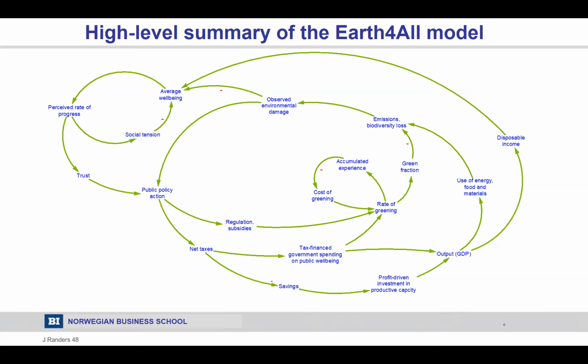And if you look at the whole smear, you run the risk of trust decline. That there's a self-reinforcing negative spiral, which says that well-being declines, which means that social tensions rise, which means that trust in government goes down, which means that the government can no longer